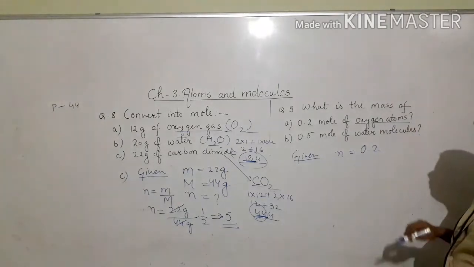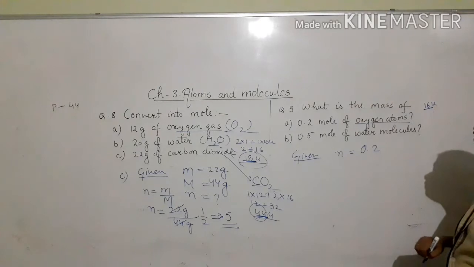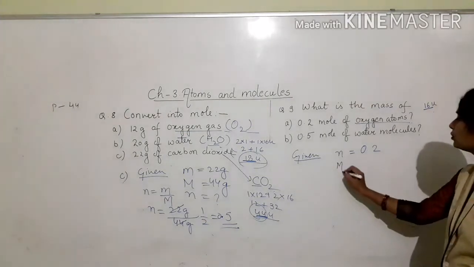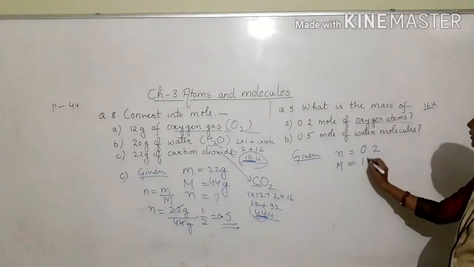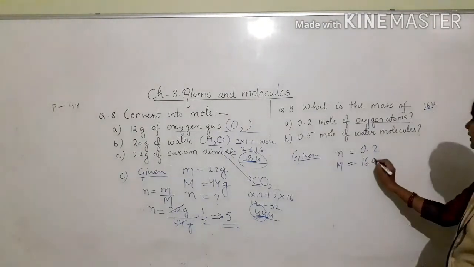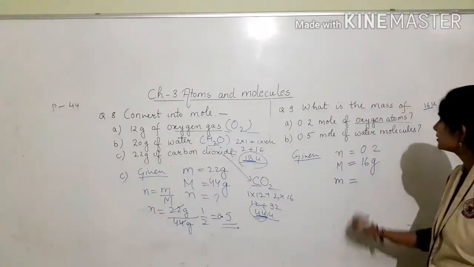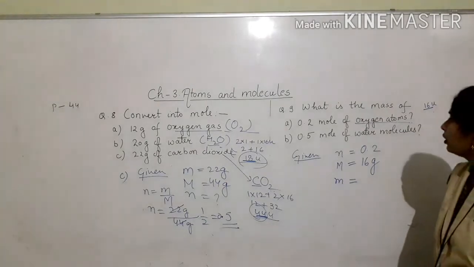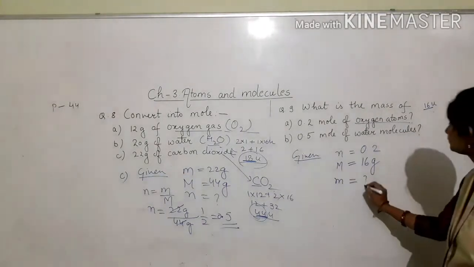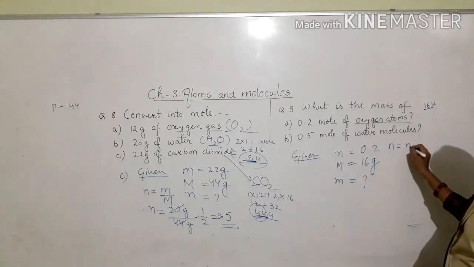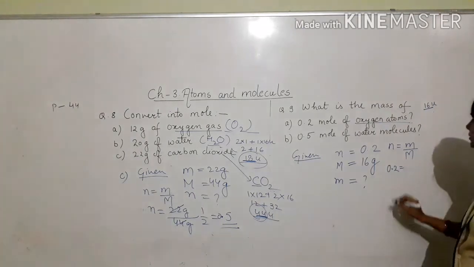Oxygen atom has atomic mass 16 U. So it has numerical value 16. So its molar mass, denoted with capital M, will have the same numerical value 16. In place of U we will write g. Okay. Now we have to calculate mass small m of 0.2 mole of oxygen atoms. Number of moles is equal to given mass upon molar mass. Number of moles 0.2 is equal to